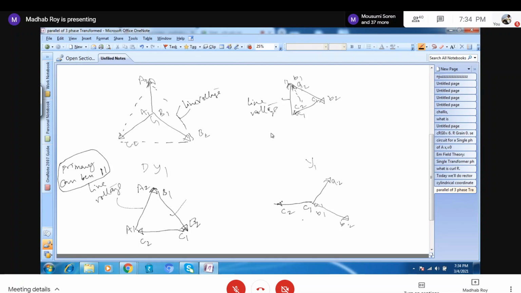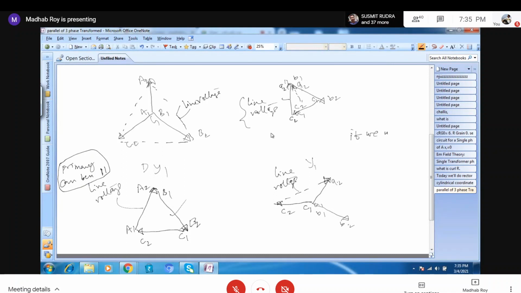So what are the line voltages of the corresponding here? Can you say what the terminal here is? The terminal here is C2 and here it is A2. This is the line voltage between C2 and A2. Similarly, what will be the line voltage here for this transformer? This will be the line voltage. If these two line voltages are dissimilar, and now if we make A2 parallel,